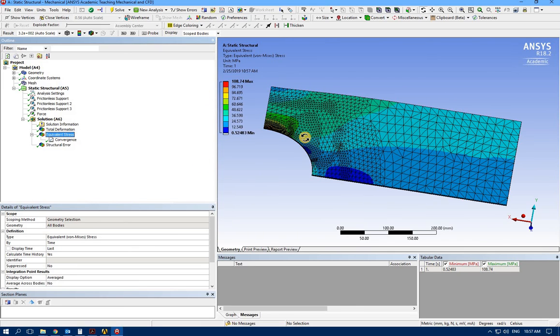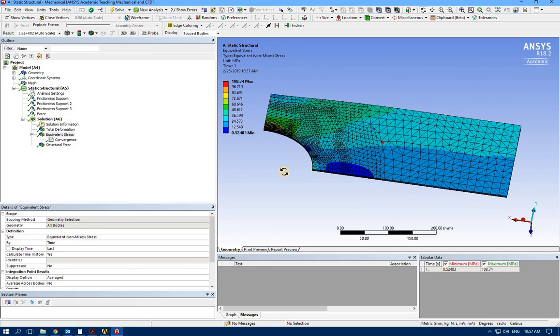But whenever you are doing analysis, you always need to do a little bit of hand calculation to know what range of numbers we expect to find. The hand calculation shows 107. Your coarse mesh was around 102, and then you refined it, reached 106, and by doing a convergence study, you find the results by refining the mesh tend to reach 108, which is pretty close to your hand calculation and acceptable as accurate results. Let's close this and